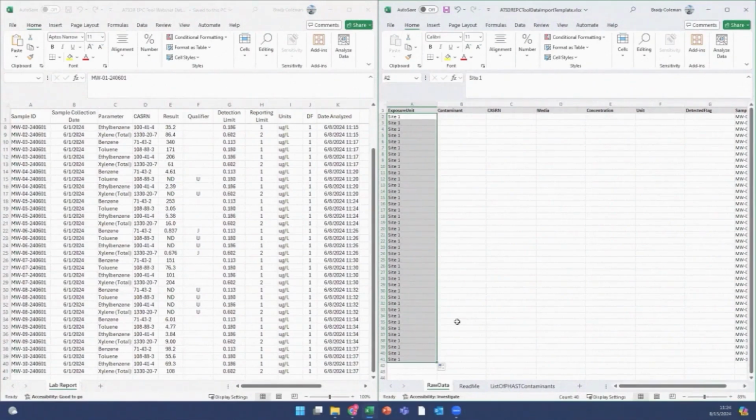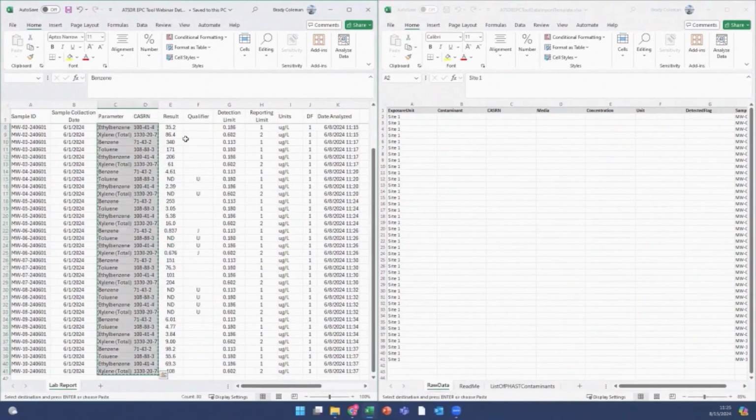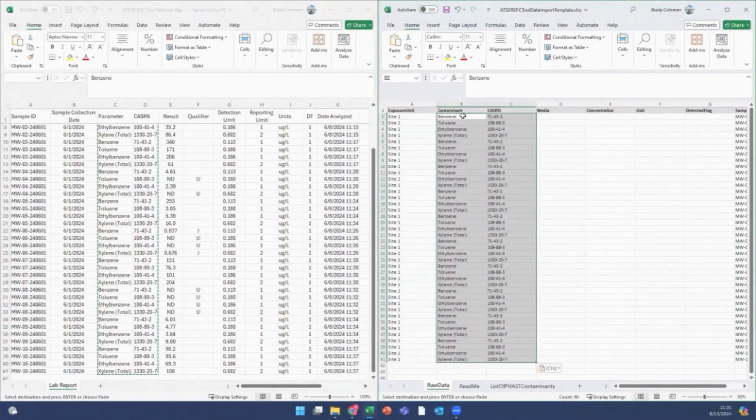Next, I'll paste the contaminant names and their CAS-RNs into columns B and C. CAS-RNs can be entered with or without dashes. Only one contaminant name is allowed for each CAS-RN, so make sure that each CAS-RN is paired with a unique contaminant name. For example, if CAS-RN